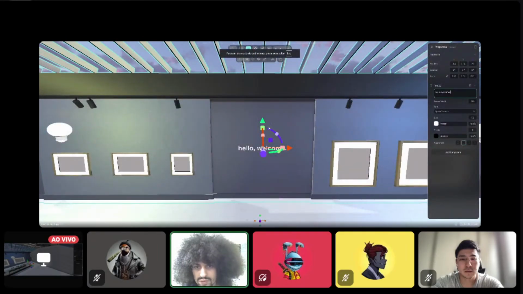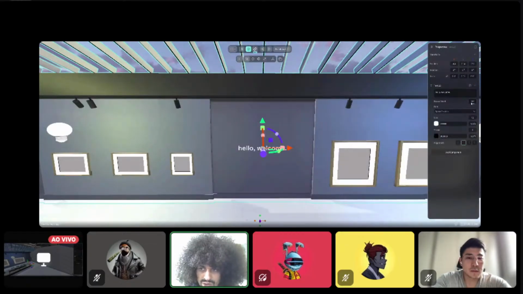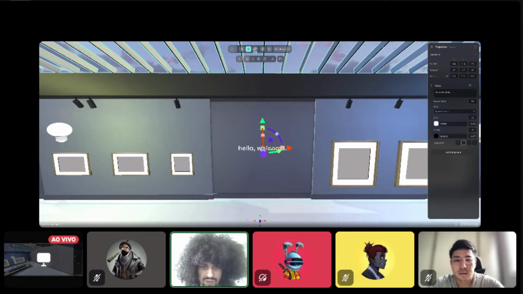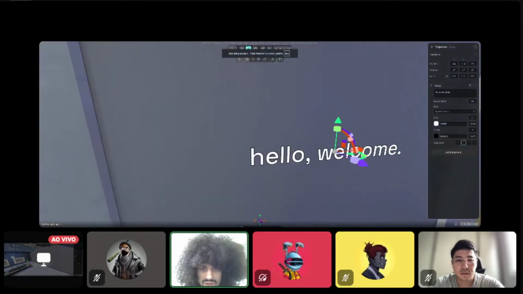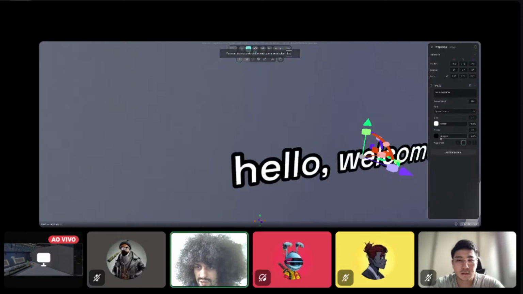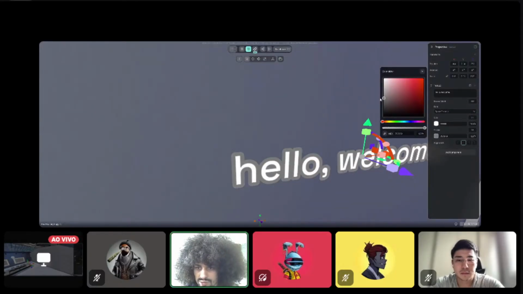In here, you can also change the size of the font. You can change the frame with it. If it's 10, for example, it's going to look like that. If it's 20, it's going to look like that. If it's, I don't know, 100, then it's going to fit it all. And here you can change the font size, and you can also apply a stroke on it. Let's say I put a 2 value stroke. Let me put even more, like 10, and a gray color.